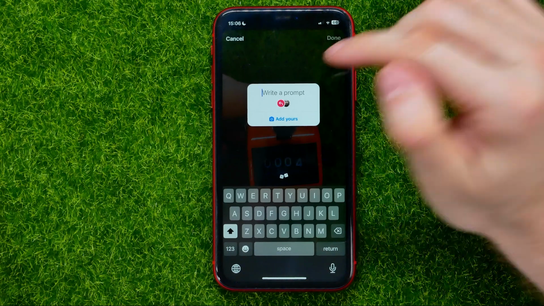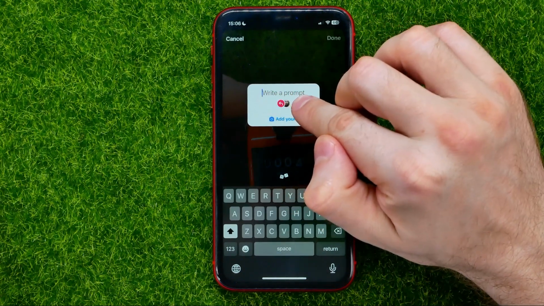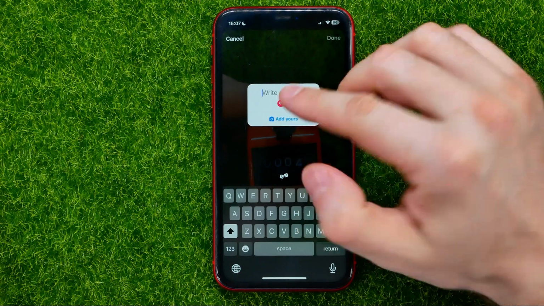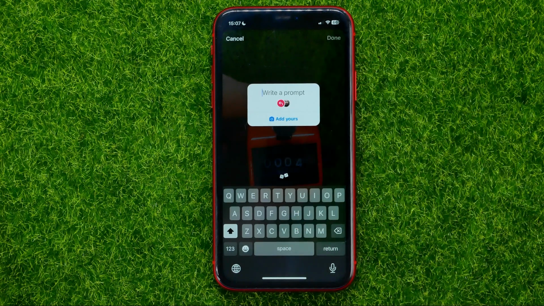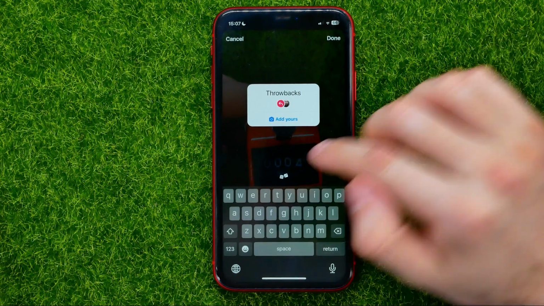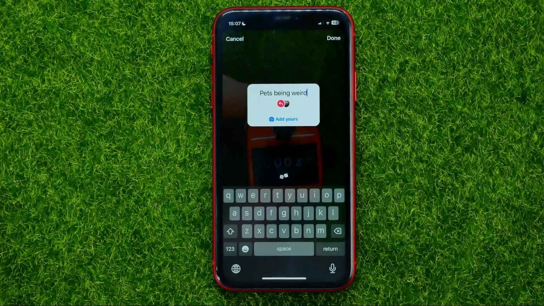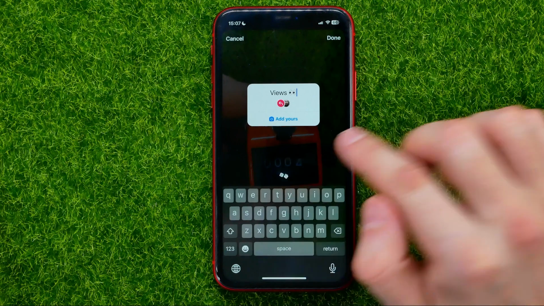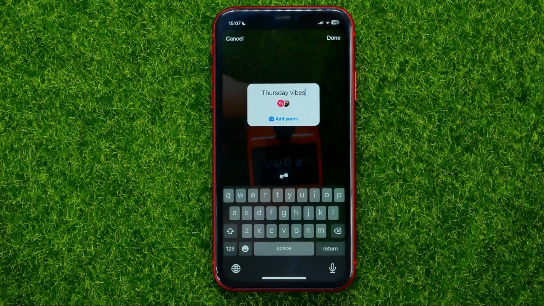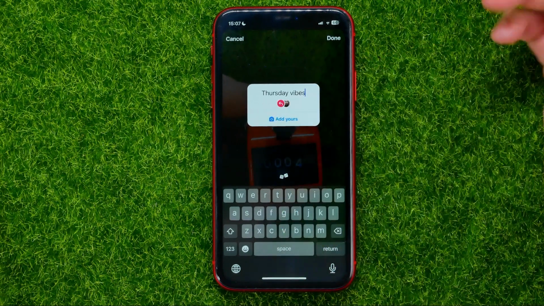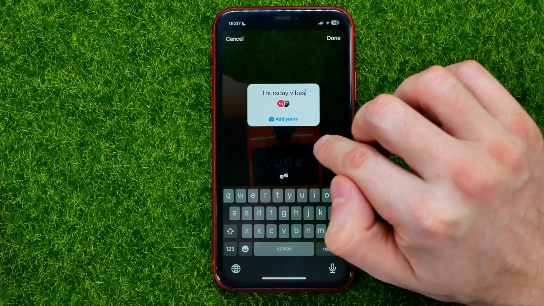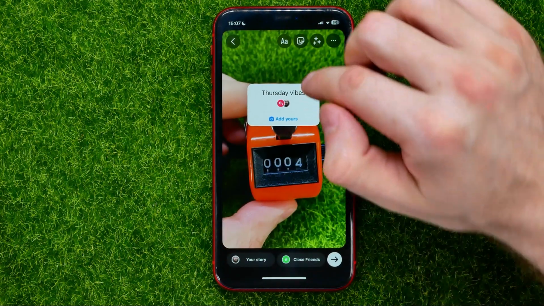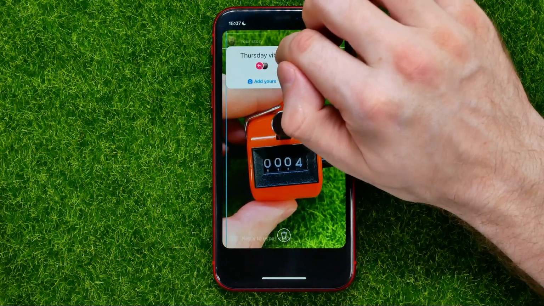After that, it will ask you to write some prompt here. You can type in your own text, or if you want to get some inspiration, you can tap the dice, and that will put right here some random prompts. For example, Thursday vibes, I like it, and then you can just hit done,